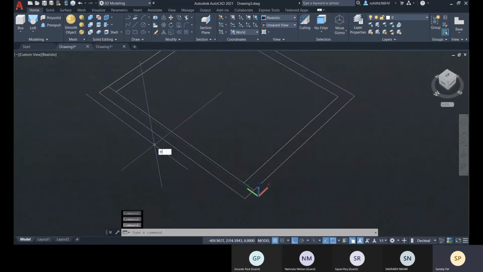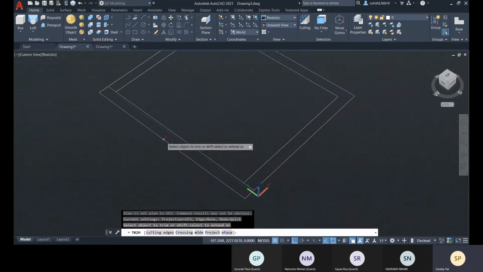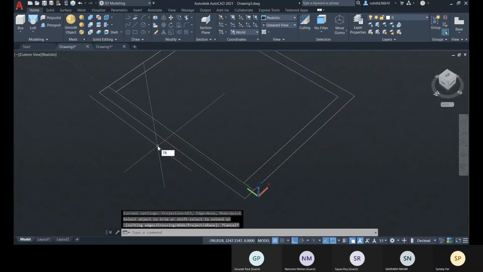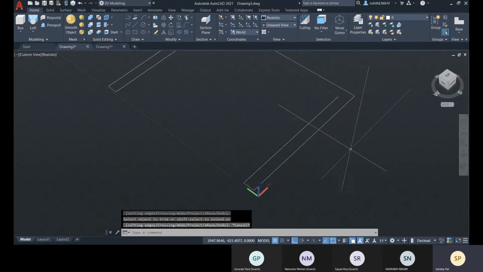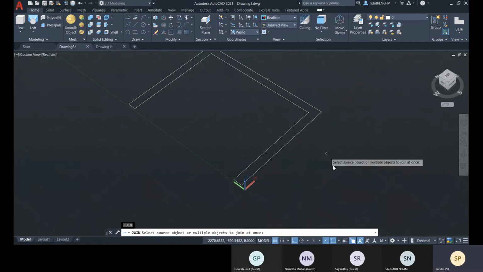And now what I'll do, I'll trim. Yeah, trim this part, and trim this line. Now J enter, join.